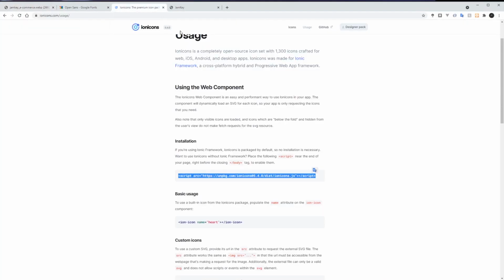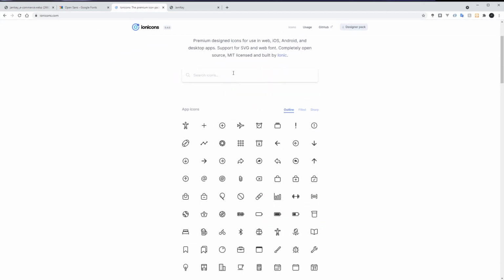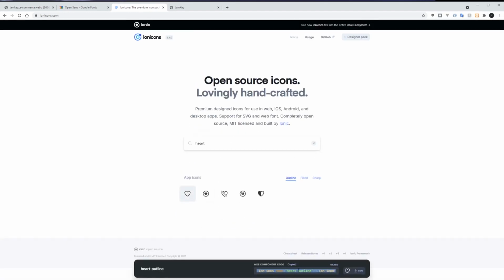So what I go do, I'll come to the icon part here of this Ion Icons website, and I'll search for the icon I need. So the icon I need now is the hearts, which is this one. So I'll click on them. Then once I click on this web components code here, it's already copied for me.